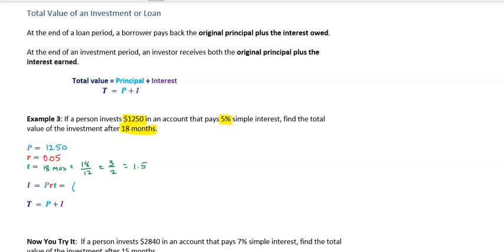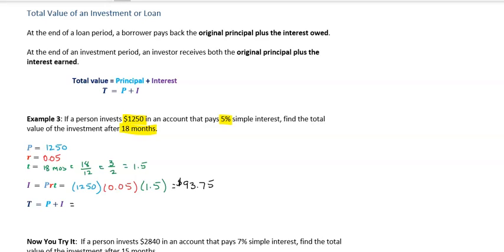All right, so the principal is $1,250, and the rate is 0.05, and the term of the loan, or the time of the loan, is 1.5 years. Okay, so we plug this in, and we're going to get $93.75. Now this is the interest, and what we want to know is at the end, when we take our